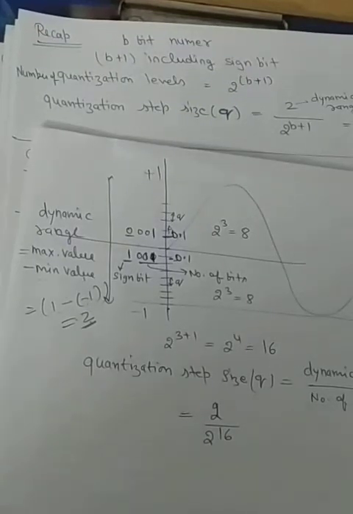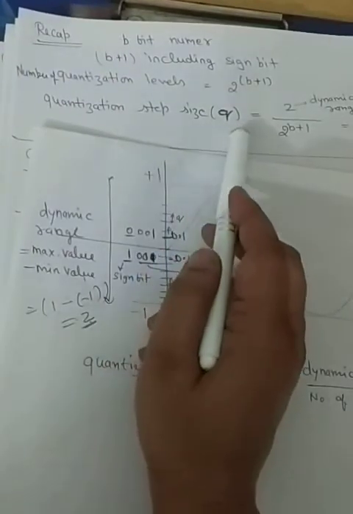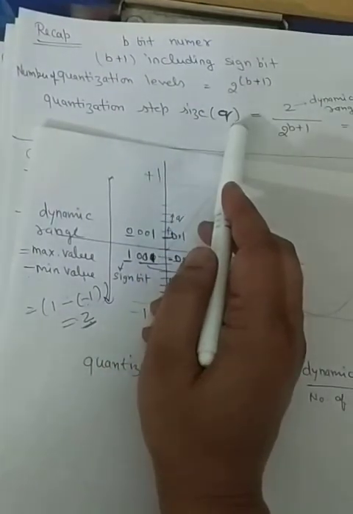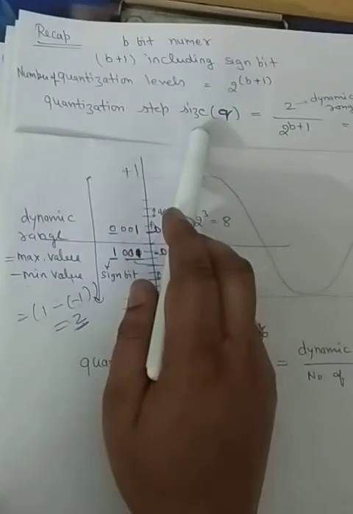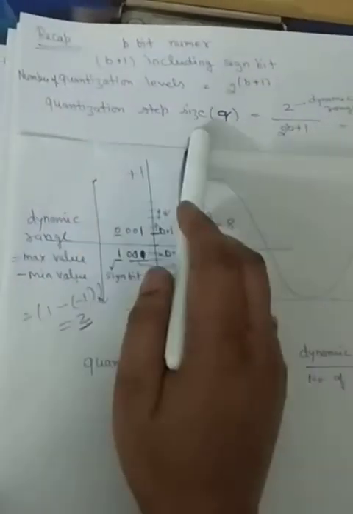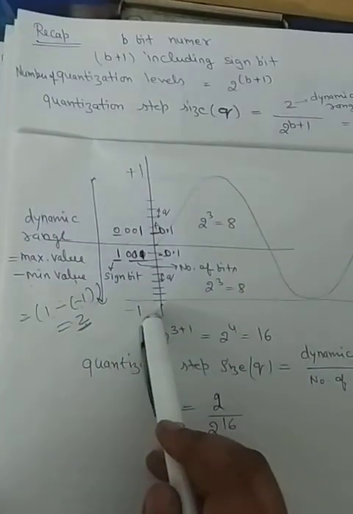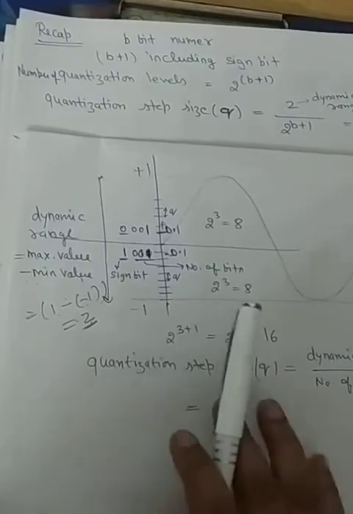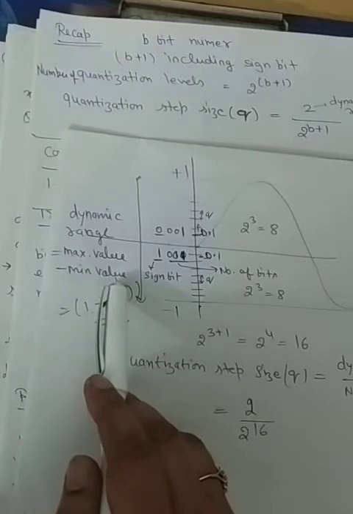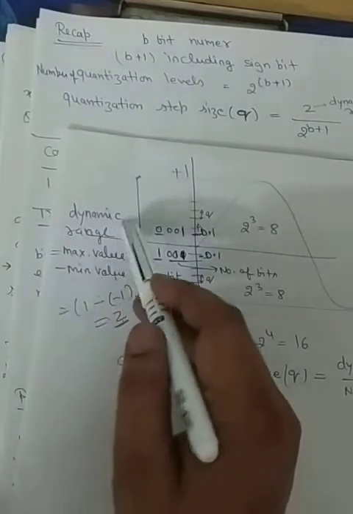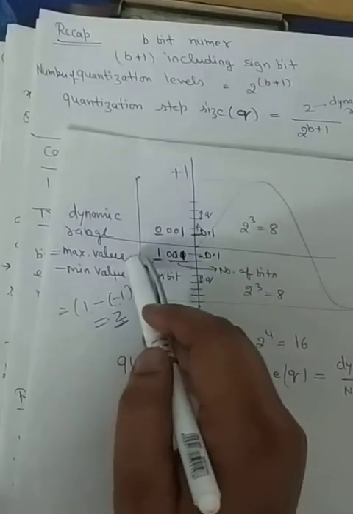Dear student, in this video I am going to explain the quantization step size that is represented by the small letter q. And before explaining the mathematical formulation of the quantization step size, first we need to understand the dynamic range of any analog signal. This is the range which is decided by the maximum and minimum value of the signal, and during this range all the amplitude of this particular signal lies.